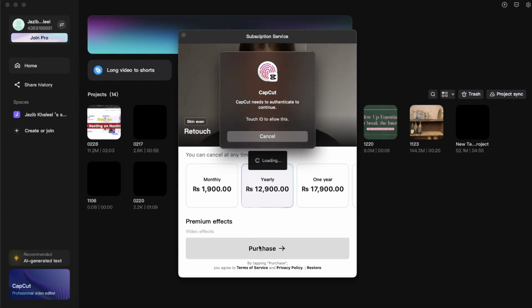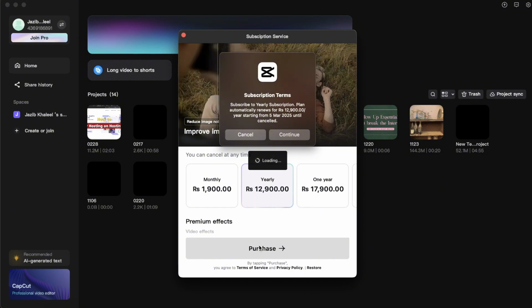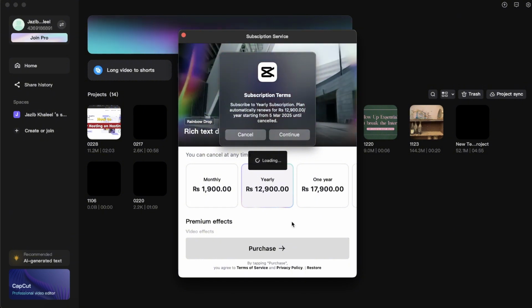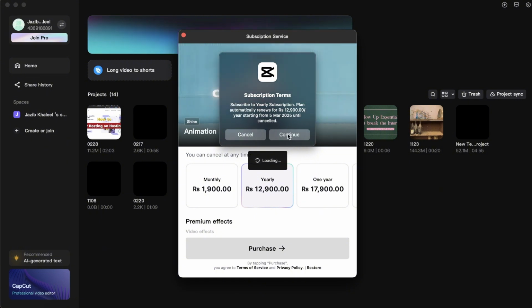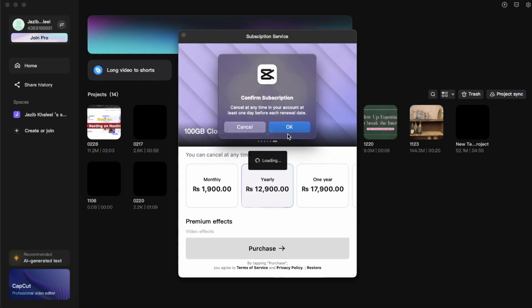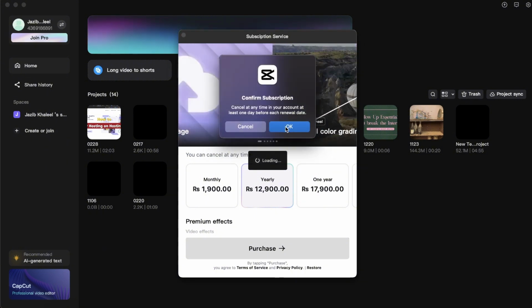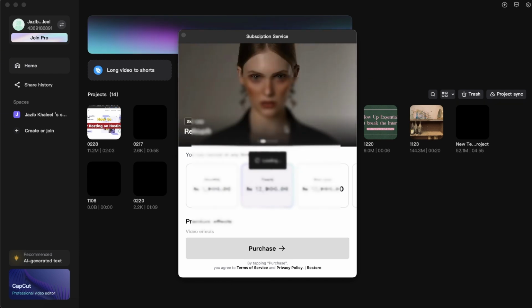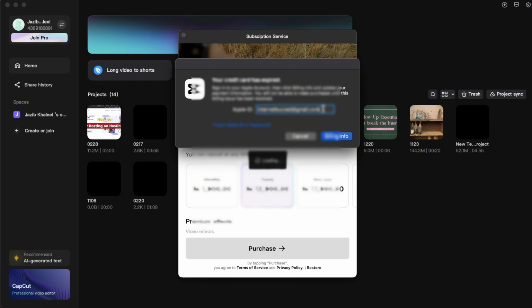authenticate your CapCut through MacBook and then click on continue and then confirm your automatic renewal and choose your sign in ID and type in your password